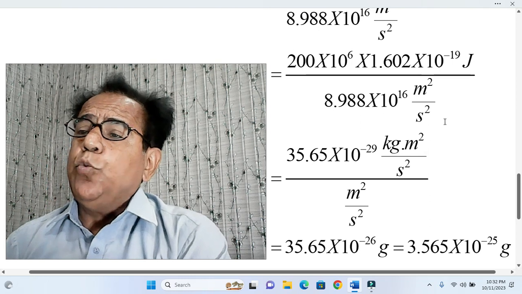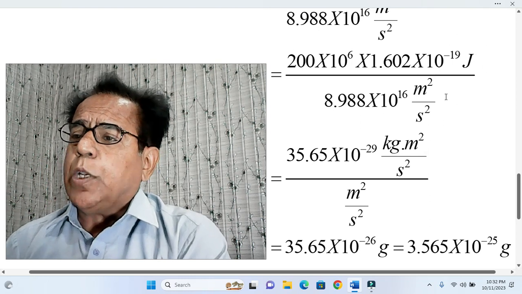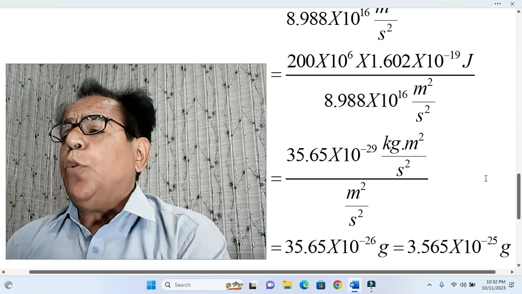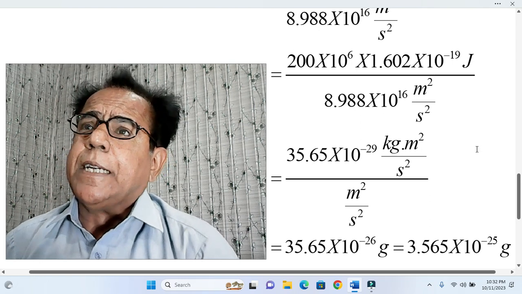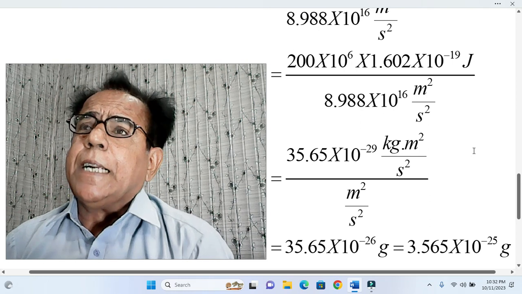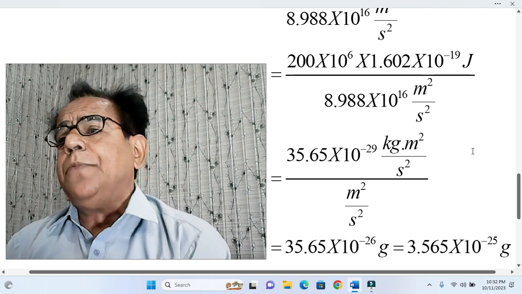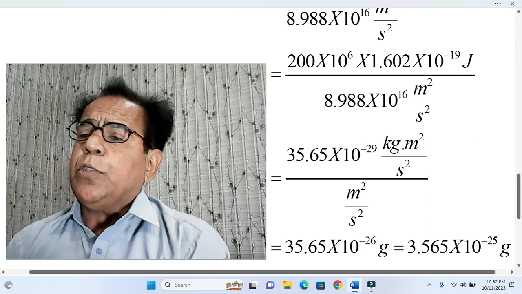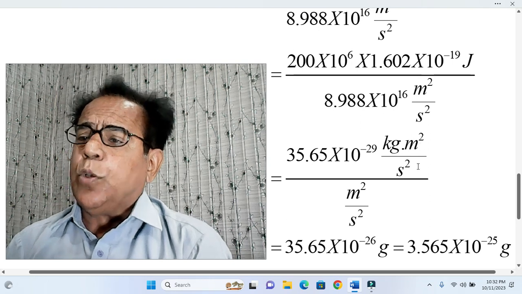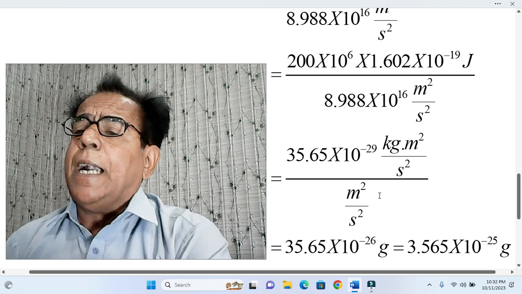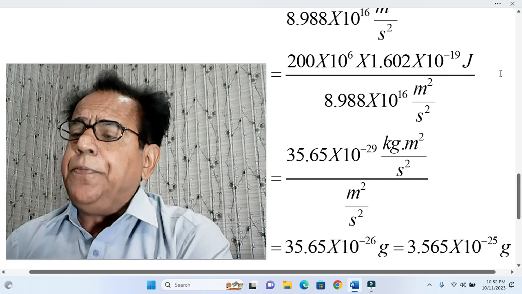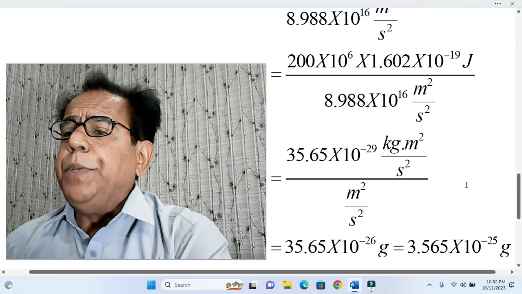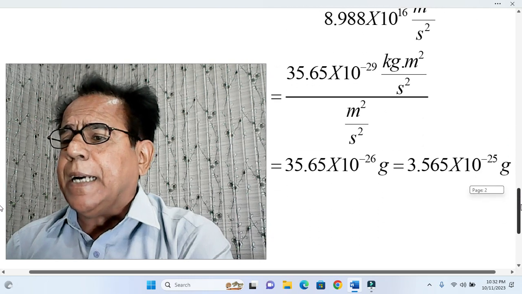Next, we have used alternate units of joule. We know that 1 joule is equal to 1 kilogram meter square per second square. So what we have done: first we have used the conversion factor in which we converted electron volt into joule. Next we have used alternate units of joule. By using these alternate units, the benefit of this step is that meter square per second square will be cancelled from numerator and denominator, and our result will become